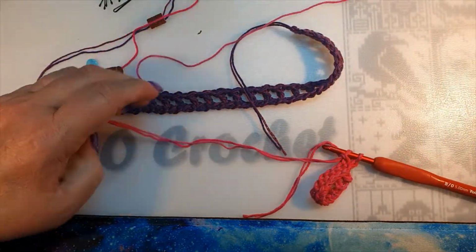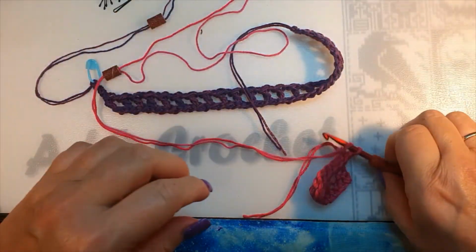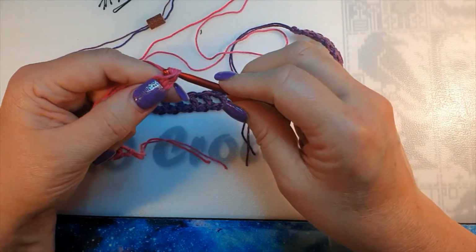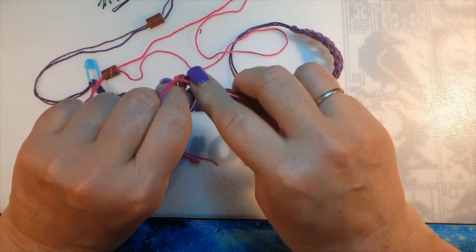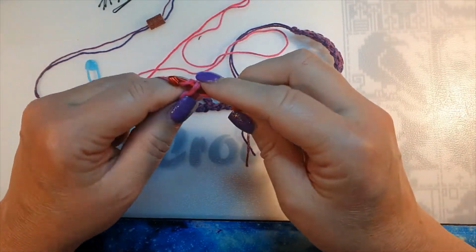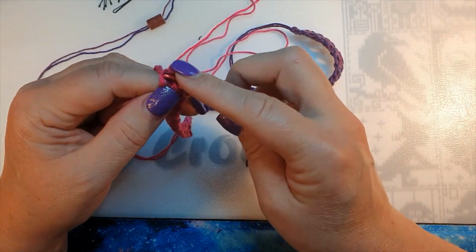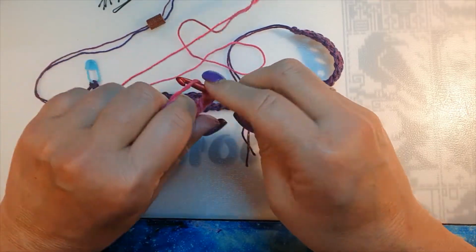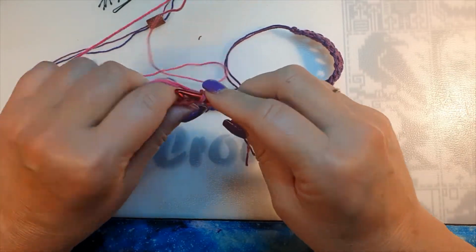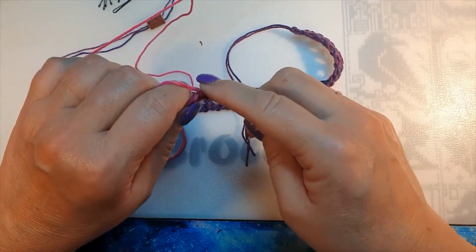I need to pull my yarn a little bit, because what happens here happens here. I don't like knots. There. Where was I? Oh yeah, yarn through, because I see I got one already in the back. Through and through both loops, yarn over, through and through both, back loops only, yarn over, pull through, yarn over, through both, back loop only, yarn over, pull through, yarn over, pull through both, back loop only,